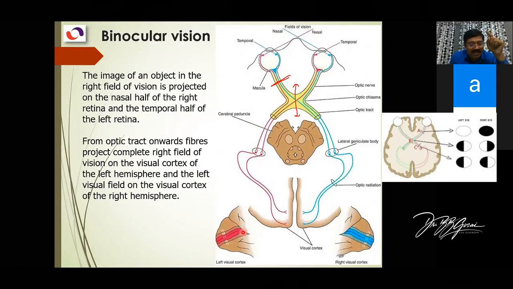This is the parieto-occipital sulcus. This is the calcarine sulcus. Above and below the calcarine sulcus is the visual area, area number 17. And the visual association area is area number 18 and 19. They keep all memories of our previous vision. Clear, whatever we have seen, our video recording, is stored in the hard drive. What is that hard drive? It is area number 18 and 19. And where the vision is identified, it is area number 17. So 17 is responsible for identification, and 18 and 19 are responsible for storage. And when a new image comes up, it correlates with the previous image which is already stored.